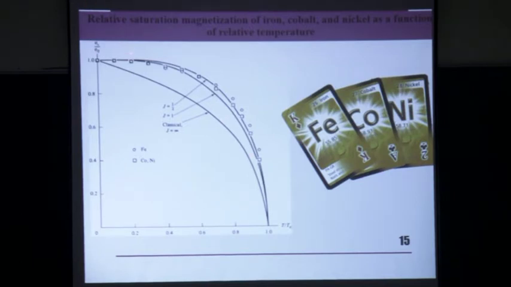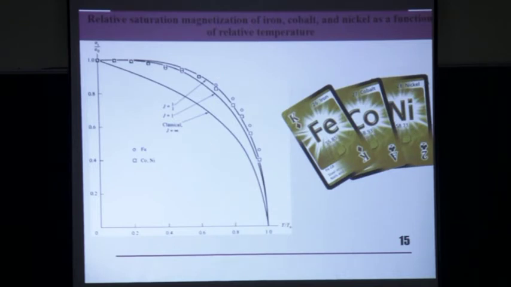So if you plot this saturation magnetization as a function of T by Tc, why do we plot like this? I told you, it's based on the corresponding states which I just introduced a few minutes ago. So if you plot sigma s by sigma naught as a function of T by Tc, then for different materials they should fall on the same curve according to this molecular field hypothesis, right? It's normalizing. So we normalize this and then we plot it. Now the question is, the classical value is not a very good fit